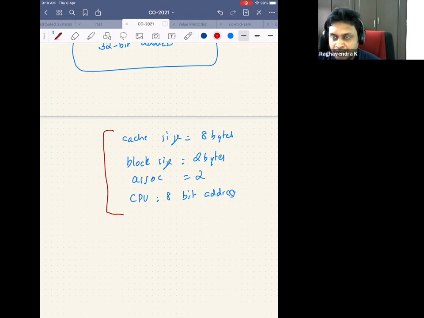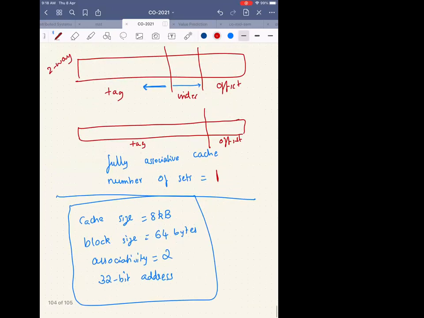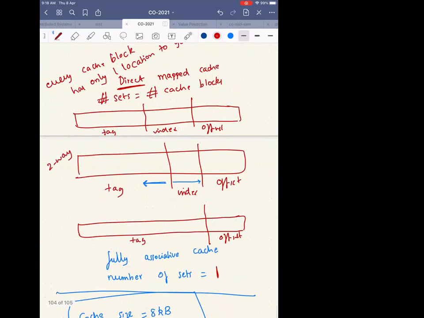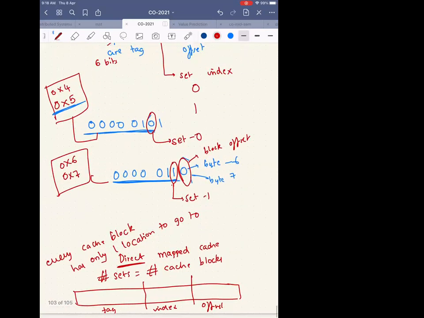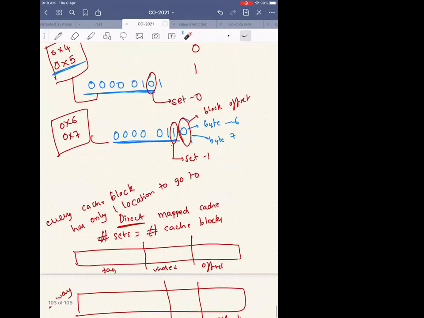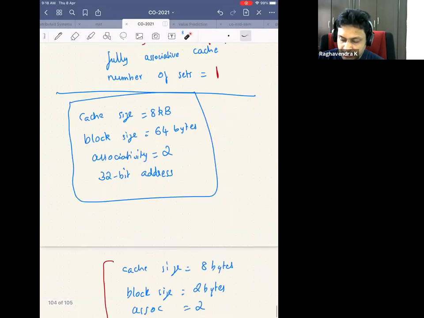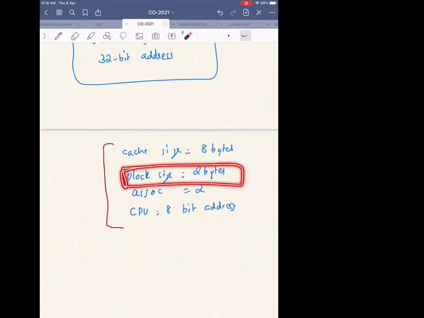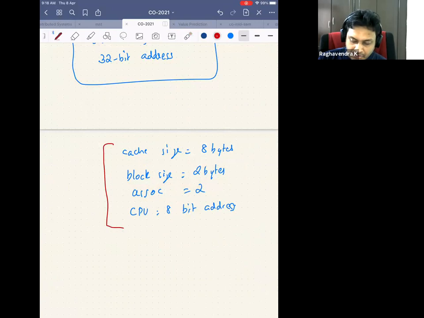Right? Offset is very easy to calculate. Why? What is offset telling you? No. Offset is telling me, in a given cache block, whether I am reading the 0th byte or the first byte. Right? Yes, sir. So how many bytes are there in this block? Okay. Only one offset. So offset is 1. So I figured out the offset.